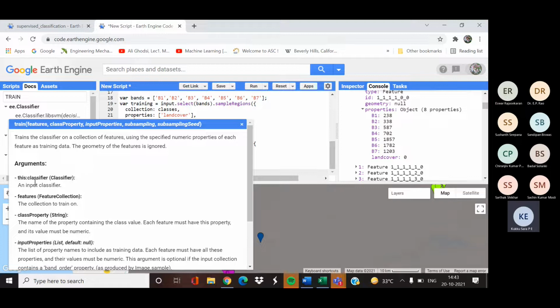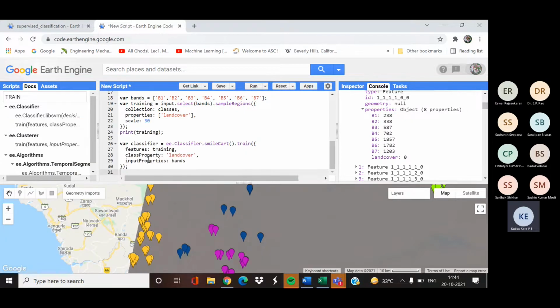So arguments are the particular classifier you're going to use, and the input is the collection to train on. Here we have our training data, so our collection is training, and class property is land cover. Then input properties are those particular bands, the band list we have created here. So this created our classifier.